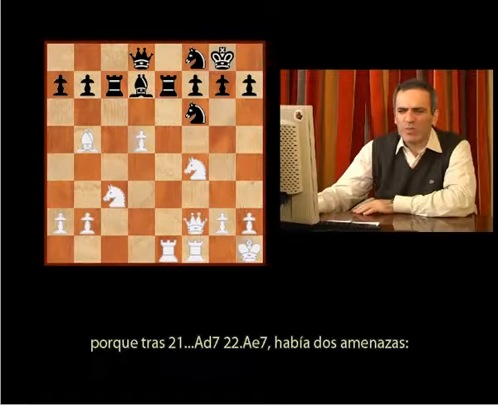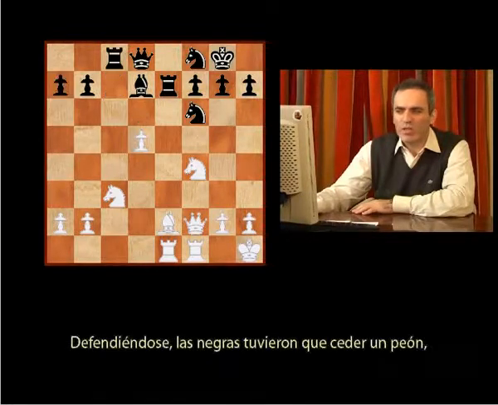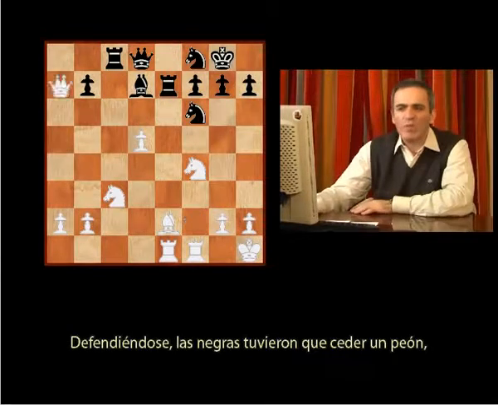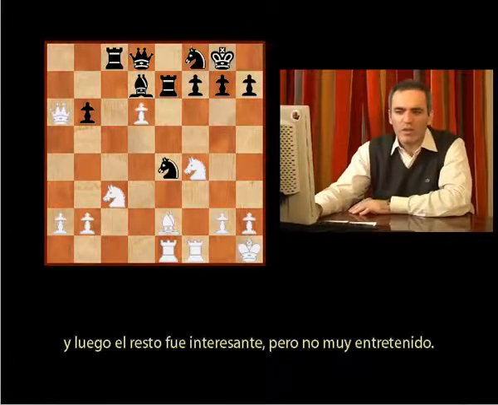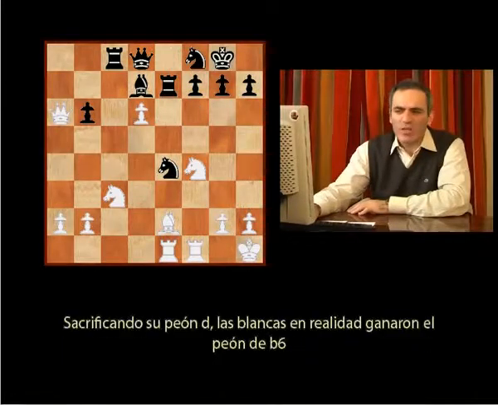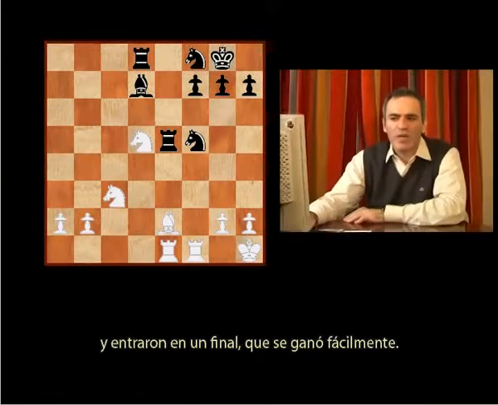black's position collapsed, because after Bishop D7, Bishop E2, there were two threats: pawn on A7 and also D5, D6. There were two threats. Defending, black had to give up a pawn, and then the rest was interesting but not very entertaining. So sacrificing this d pawn, white actually won the pawn on b6, and then went to the endgame,